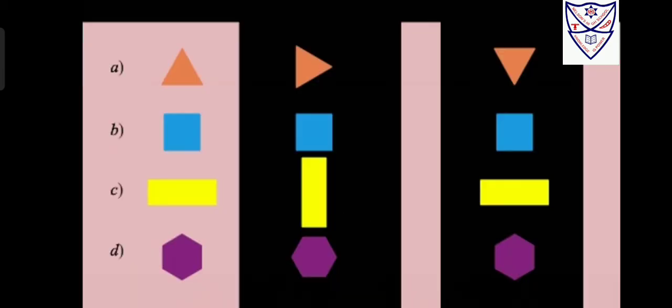Now this triangle is standing. See, two kinds of rotation here, in a clockwise direction we will do the rotation. So number one triangle, first we will turn only 90 degree, and the next triangle is the 180 degree turn. Now B is this square box. If you turn this square box, it will look the same at all times. Why? Because all four sides are equal.